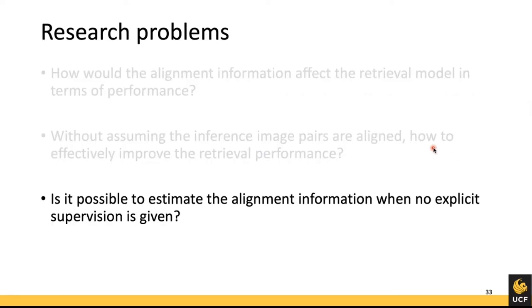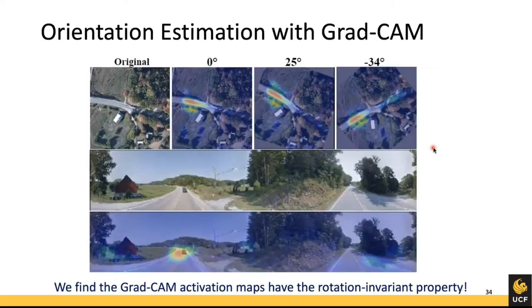So that leads to our last question. Is it possible to estimate the alignment information when there's no explicit supervision? We get some inspiration from the Grad-CAM visualization. Let's assume there's no alignment information. We can randomly rotate the satellite image by different degrees. In this example, we have 25-degree and minus 34-degree rotation, and we conduct this Grad-CAM visualization, and we